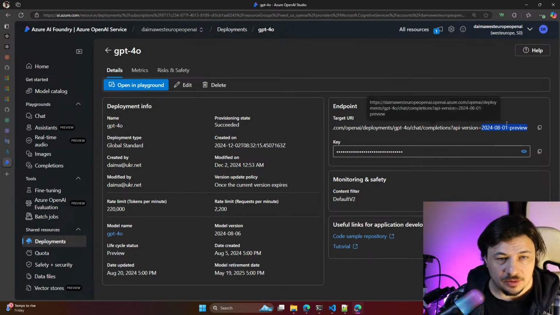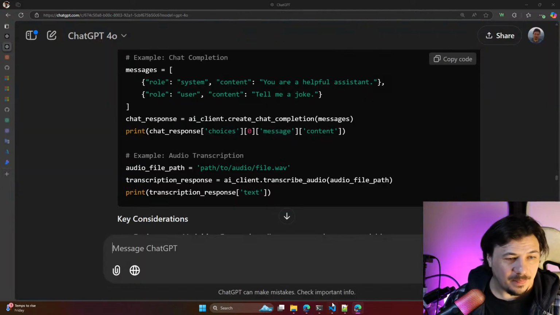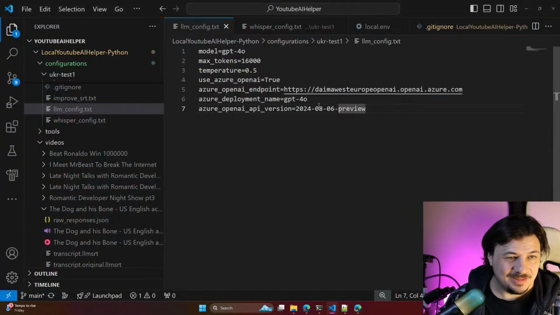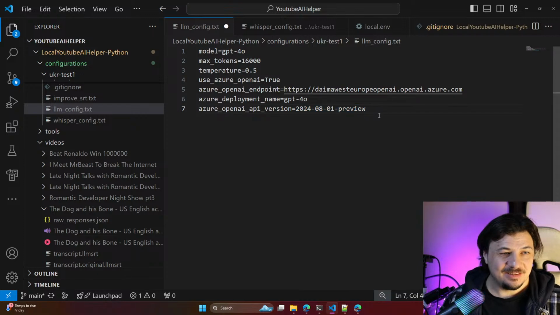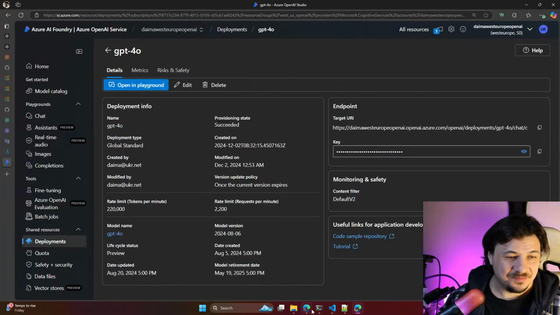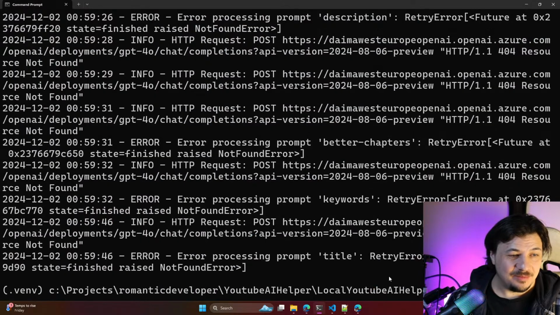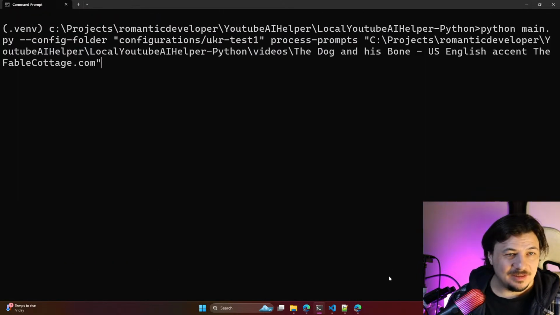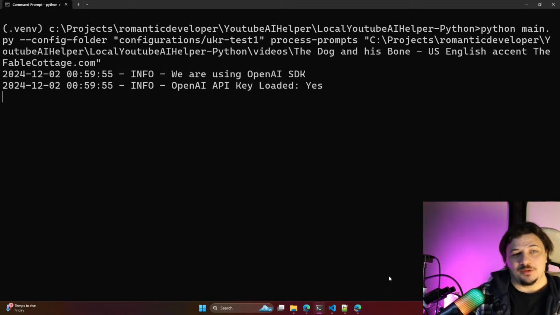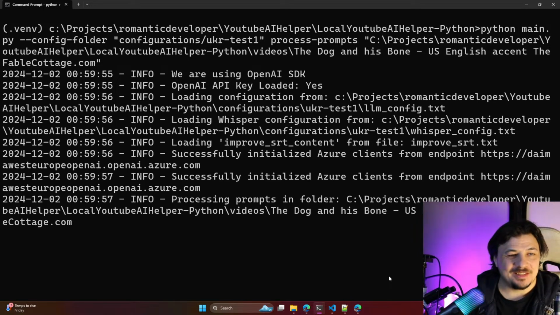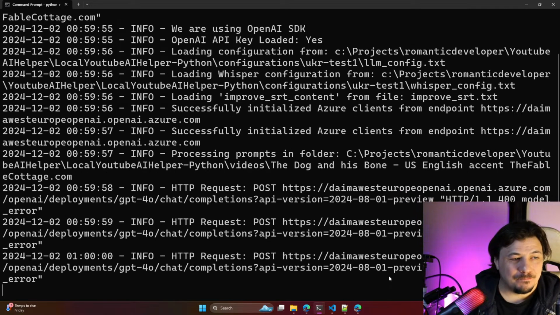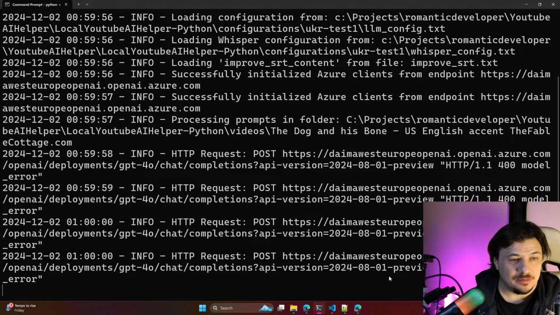Oh, come on, so many differences. Really? Okay, Azure is slightly more. You saw it yourself, yes. Still model error.